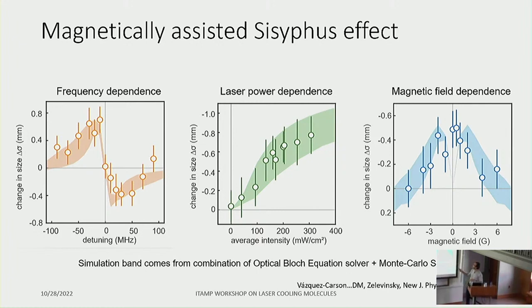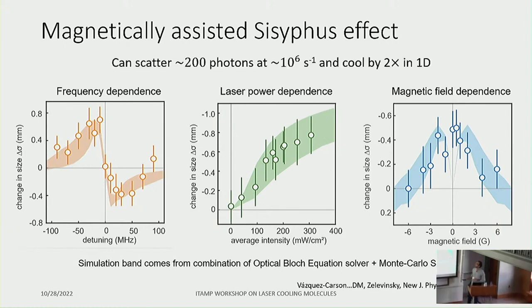And then we also see a well-known magnetic shape: you need a small finite magnetic field to actually see this effect, because you need to match the remixing rate with your scattering rate. But at high fields, it also gets suppressed. So all of this was convincing enough for us that we can, in fact, scatter order 200 photons on these molecules at a rate of about 1 million photons a second, and we can cool in one dimension by a factor of 2. So this is essentially the building block that proves that you can continue doing further laser